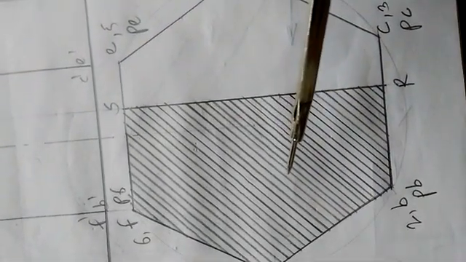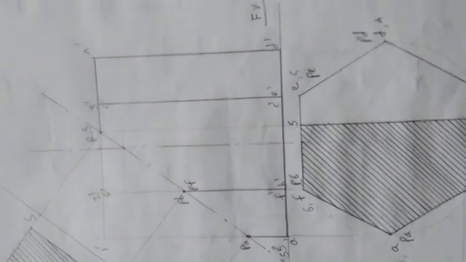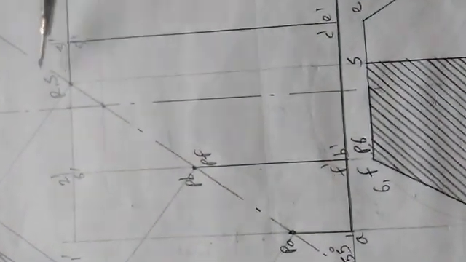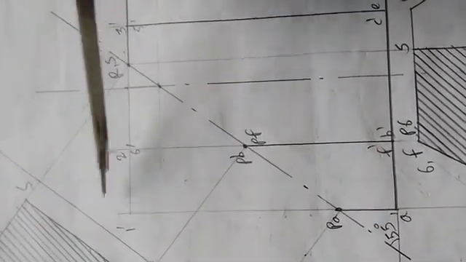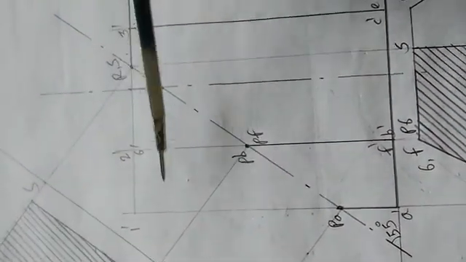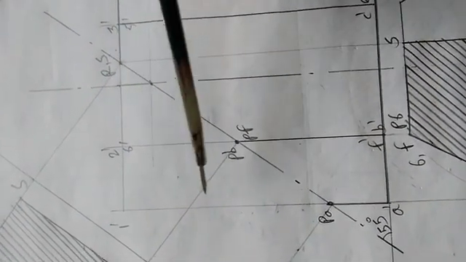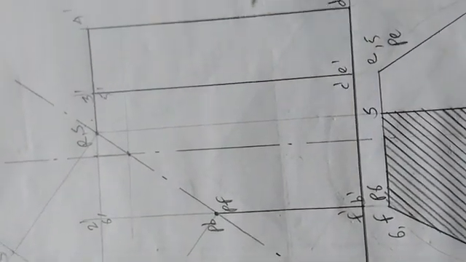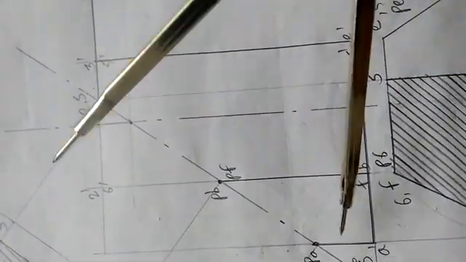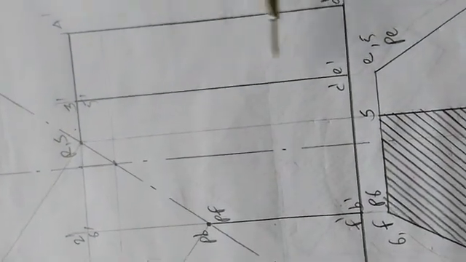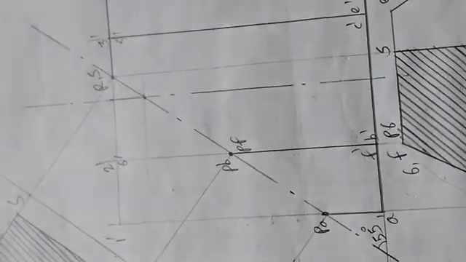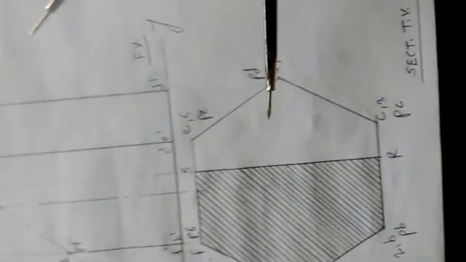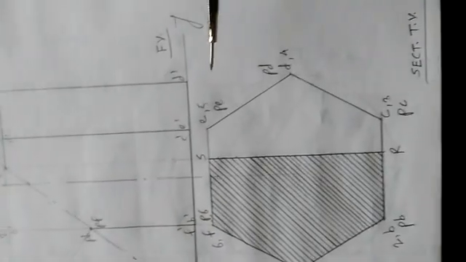This inclination should be 45 degrees with the ground, that we should take care of. After that, one important thing is that the cutting plane is here, and whatever part is above this cutting plane should be shown by thin construction lines, because this part we are throwing away and this much part is with us, this prism is with us. So the lateral edges below this cutting plane should be dark, and above it very faint. That one should take care of. Accordingly all these three solutions, the front view, the sectional top view and the true shape of the section, we have finished.